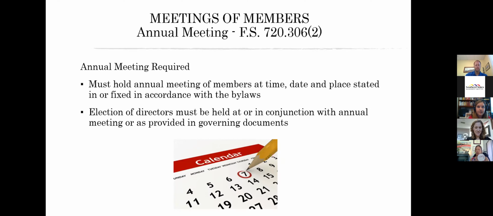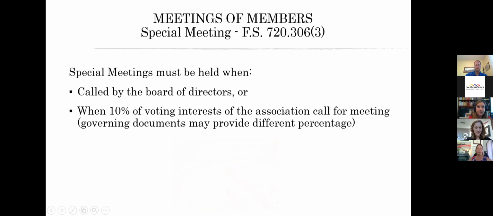And you can see this is just a little cross stitch that I keep in my office, right? Plan ahead. Just keep this visual in mind when you're talking about that annual meeting. You want to be sure that it doesn't sneak up on you and that you're a month out only to find out that you have some requirements for notice and that you then can't hold that meeting when your documents say, and I assure you, you will have some owners who will point that out to you. So we don't want to be caught in that situation.